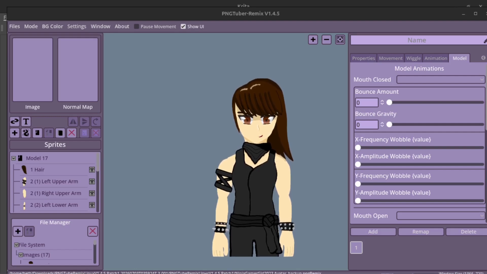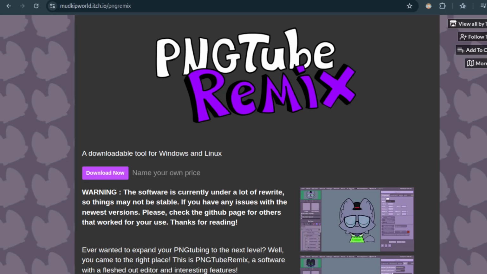First of all, you are going to need two things. You're going to need the PNGTuber Remix application. You're also going to need an art application of some sort that supports transparent backgrounds and multiple layers, which most do. For the PNGTuber Remix application, we have got, let me see, right here, this is the website, and what